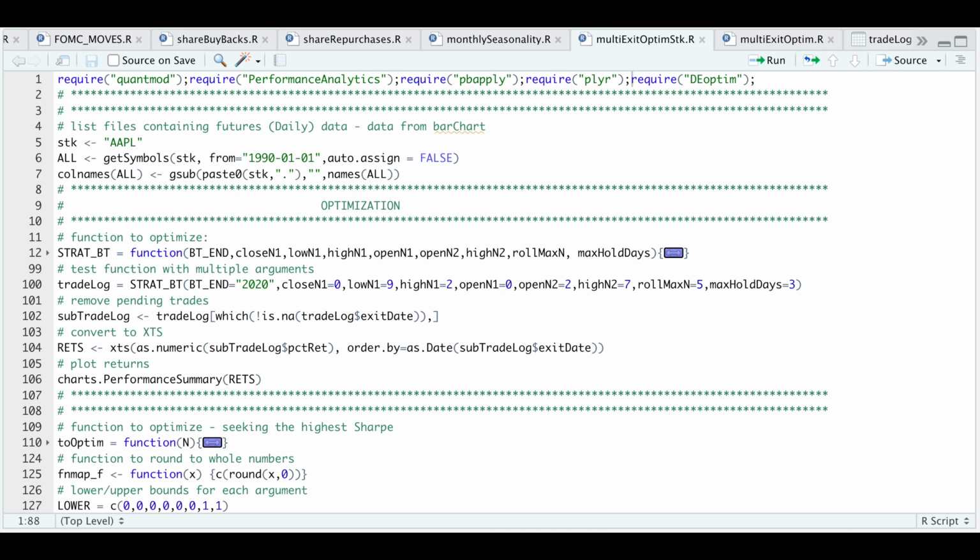Today I'll be showing you guys how to optimize and design a trading strategy that involves setting a particular entry and having a multi-exit option. So for example, in this tutorial, we're going to design an algorithm for stocks that generates short signals. And for the exits, we will have three options. So we will either get stopped out, hold a max number of days, or exit at the very first profitable